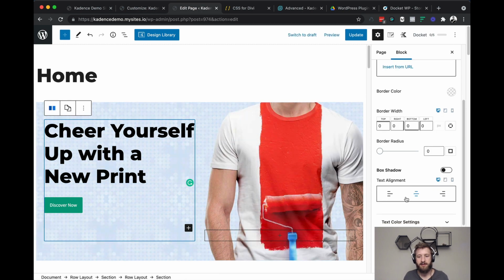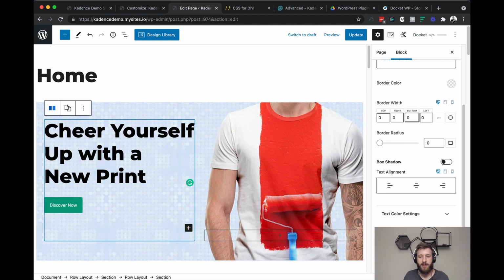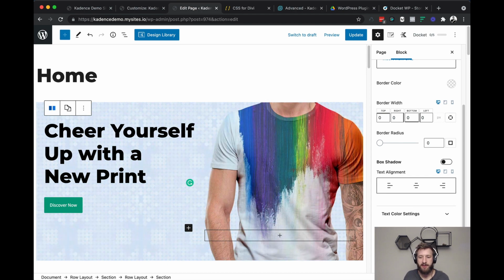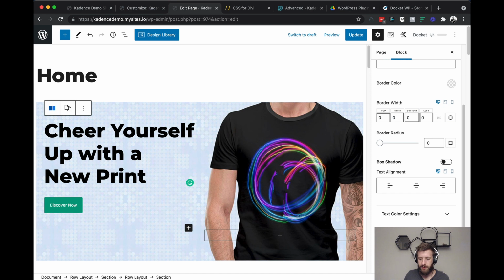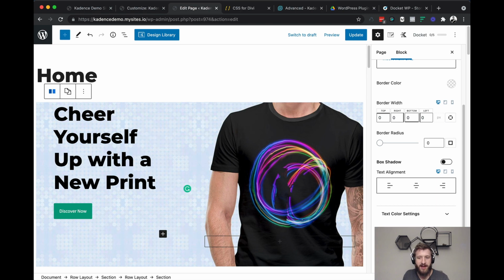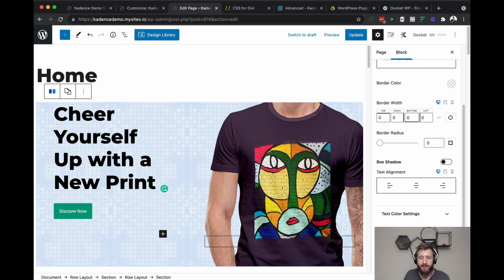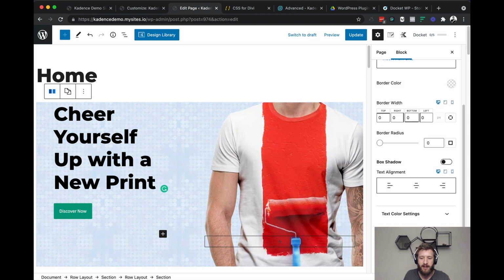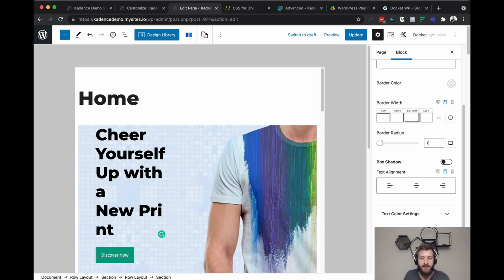Sometimes you may have even in the past applied some pixel width to give yourself a certain padding to try to make the text break in a certain way, doing something like this.